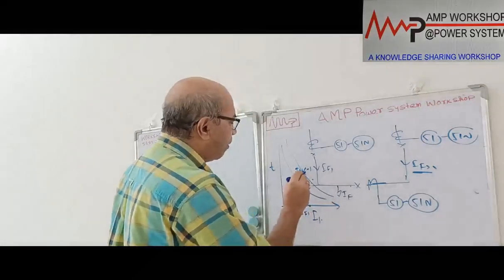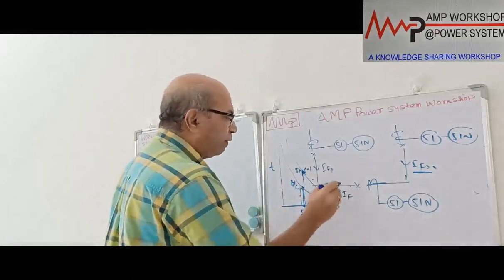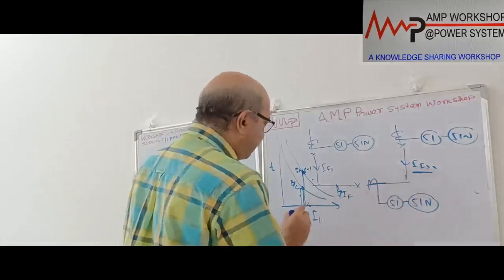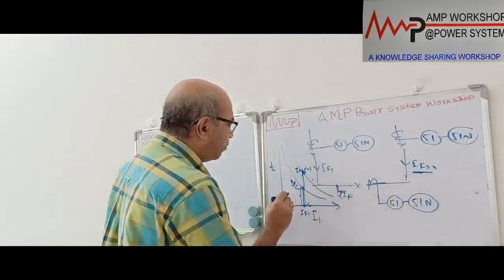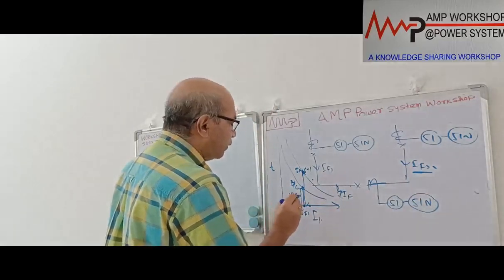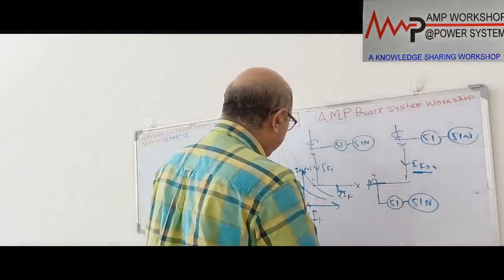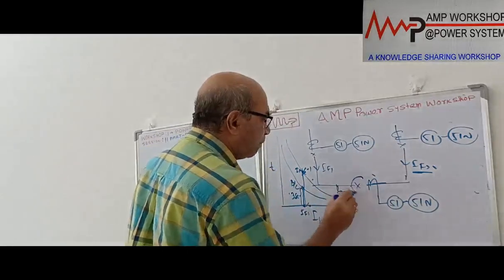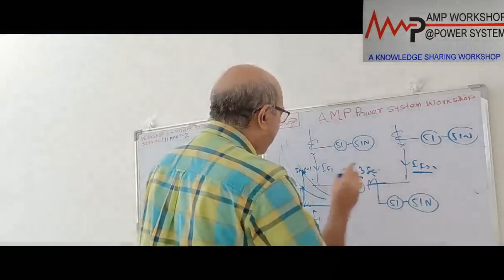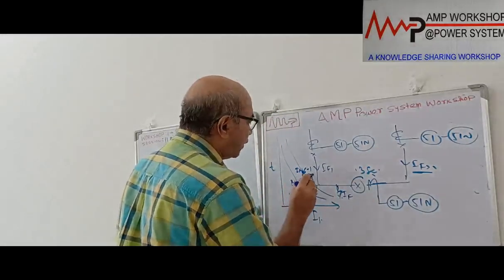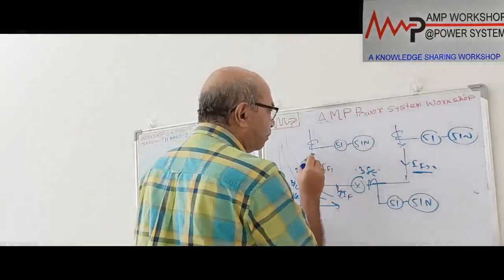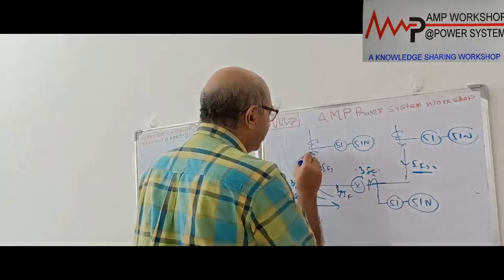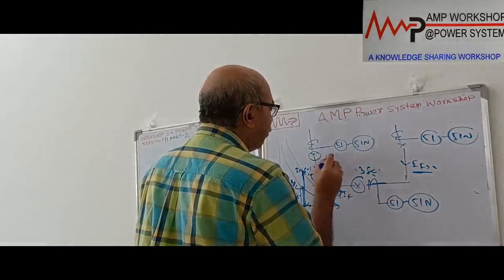So the incomer will be operating afterwards. When there is a fault on this section, for the IF2, it will be operating, suppose at 0.3 second. So for this fault current, this bus coupler will be operating at 0.3 second, and this breaker, suppose 0.5 second. When the fault is over here, then this incomer will be operating at 0.5 second.